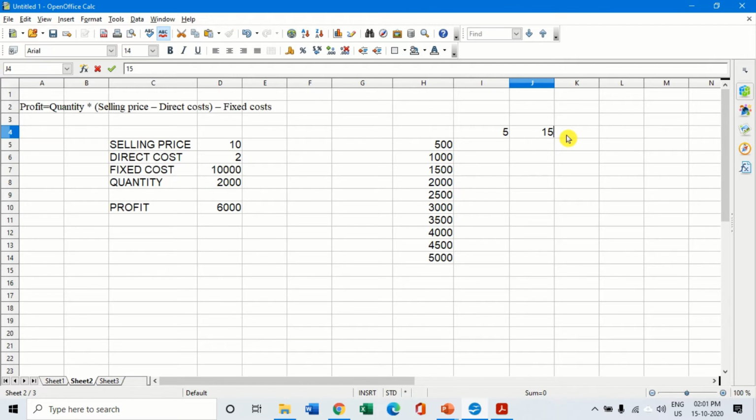If you sell it, how much would it be? Let's take if I sell the toy for 30 rupees, or 25 rupees, or say let's take 40 rupees and 60 rupees. So these are the different rates. The selling prices are 5 rupees, 15 rupees, 30 rupees, 40 rupees and 60 rupees. If you sell so much quantity, what would be the profit and the loss? Once again, we will have to select this range.